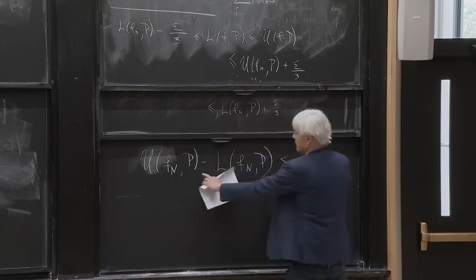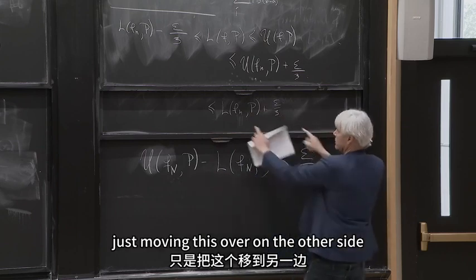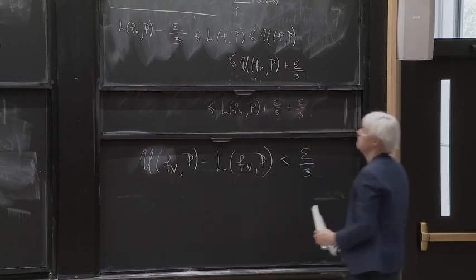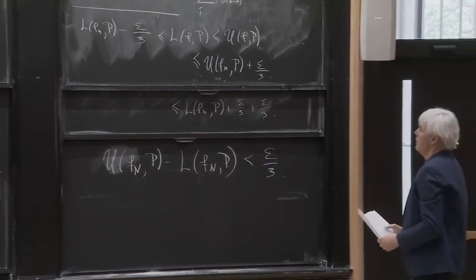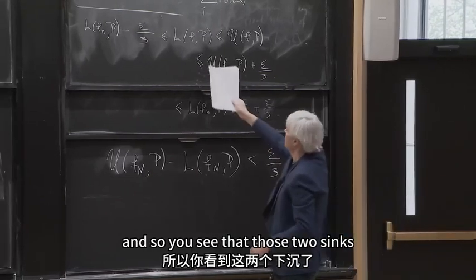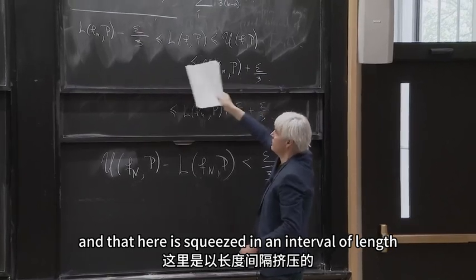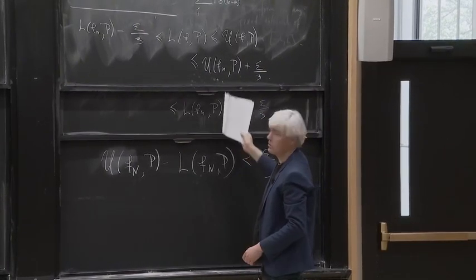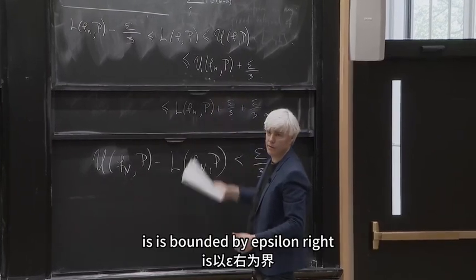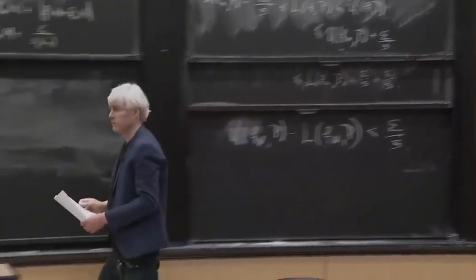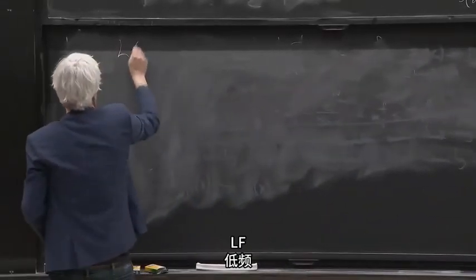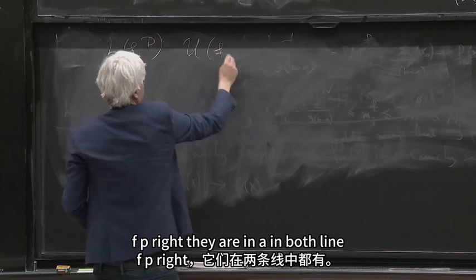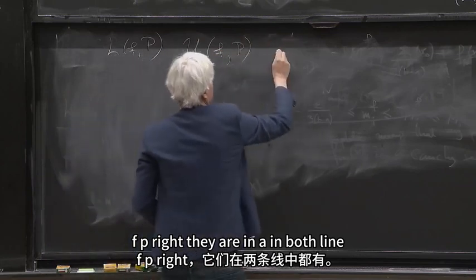This is coming from this one here, just moving this over to the other side, then you have that this is bounded by that, and then you have another epsilon over 3. Right? And so you see that those two things, this here and that here, are squeezed in an interval of length epsilon, right? So this means that the difference between these two is bounded by epsilon, right? So LF with respect to this partition and UFP, right? They both lie